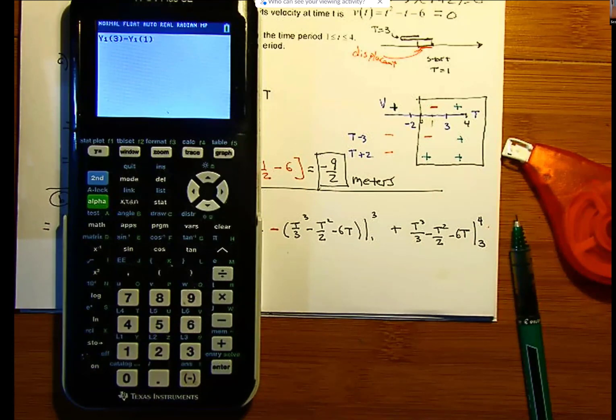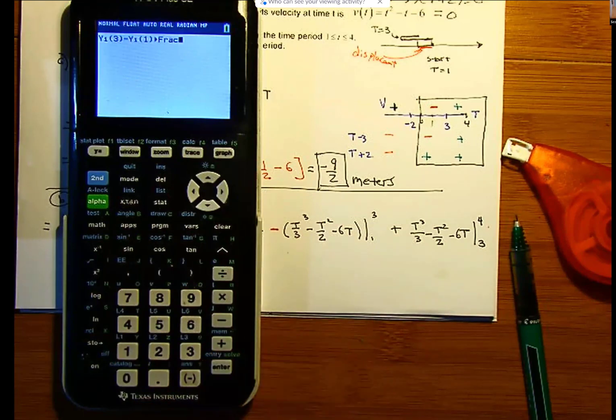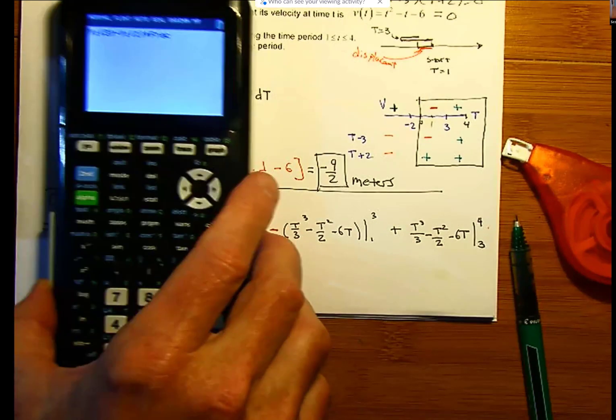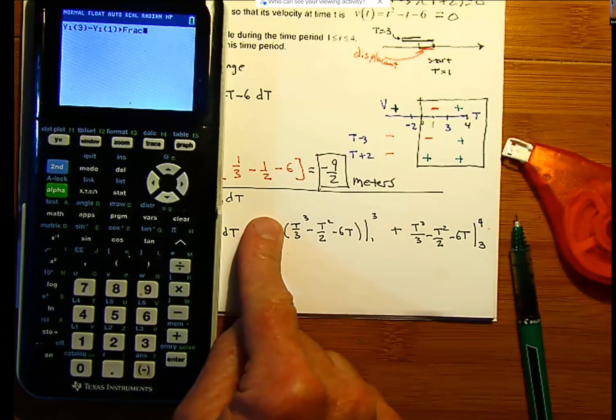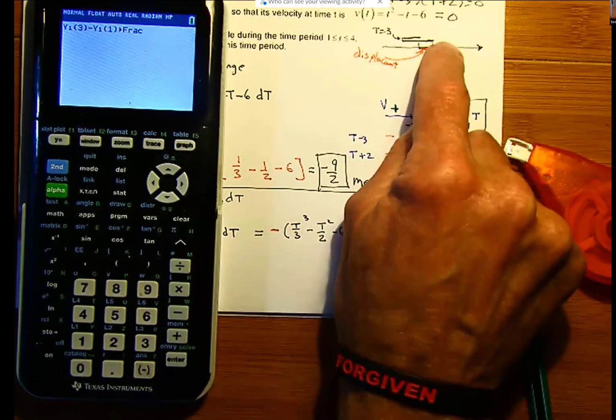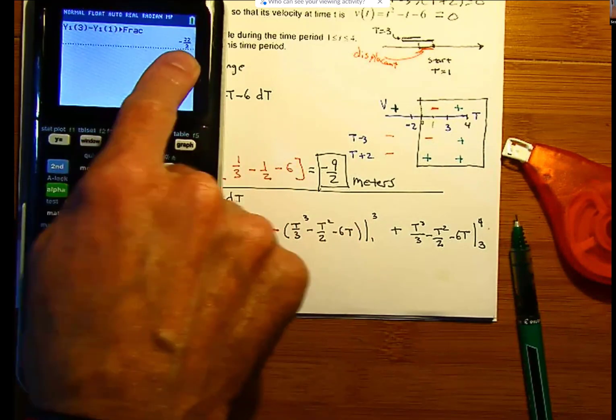Now, I also want an exact answer. So I'm going to go to the math menu and tell it, okay, give me a fraction, so I'll have a perfect fraction answer. Now, I'm being a little tricky here. Remember, this is supposed to be negative. I didn't do the negative. This is my distance going backwards. And when I get it, I get a negative distance. I get negative